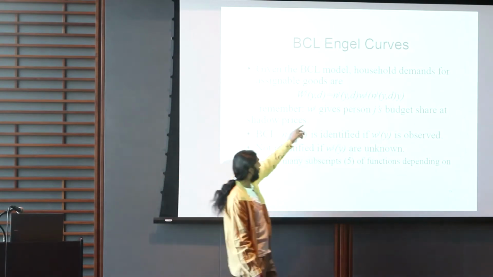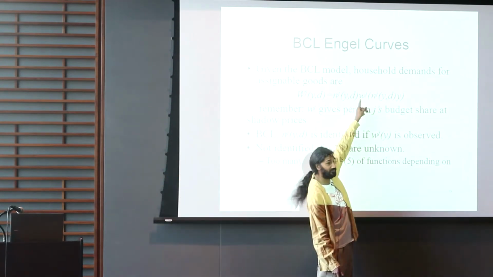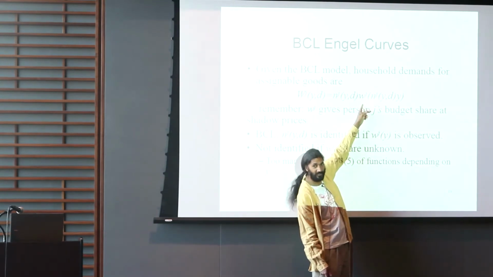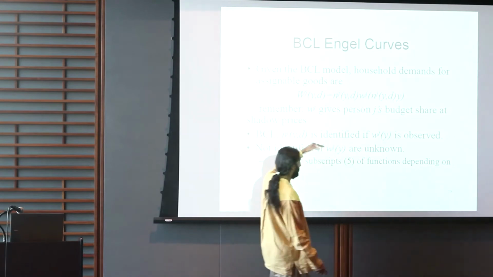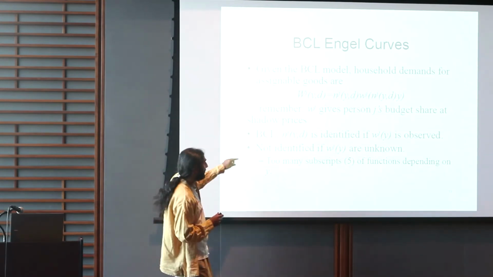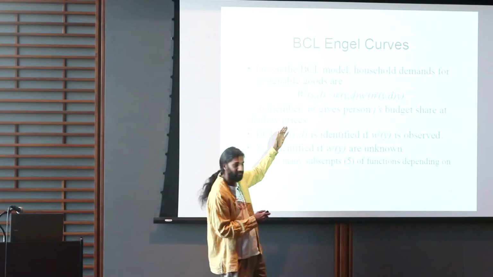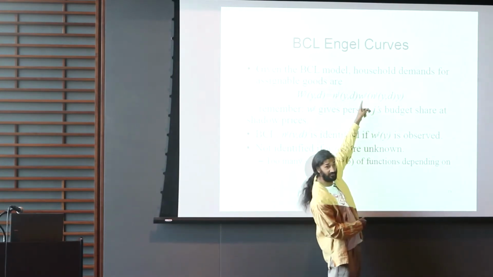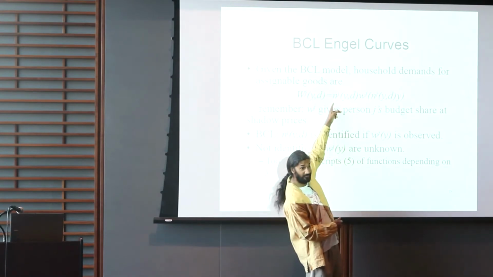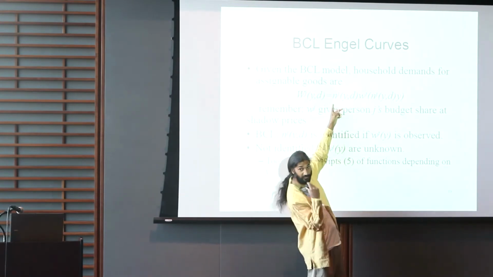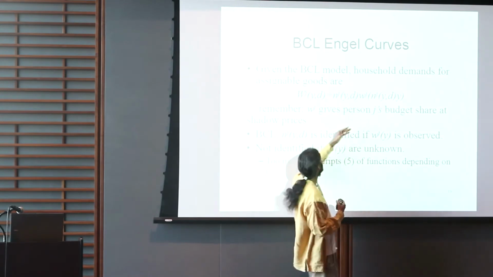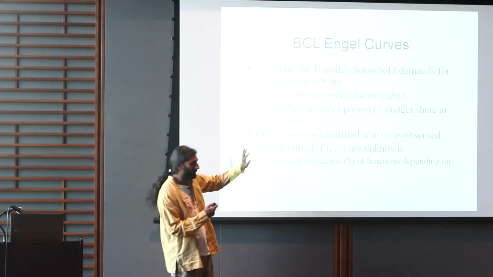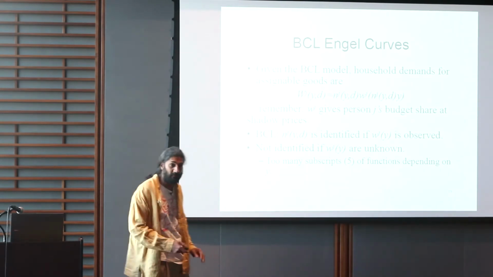So this thing is not observed if the lowercase wj's are not observed. And I just want to say exactly why. It's because there are too many subscripted functions here. There's 3 people in the household, so there are 3 of these functions, and then there are 2 of these functions because they sum to 1. There's only 2 free functions. So there's 5 functions. I only got these 3 things. So there's kind of too many subscripts, although I'm going to show you why you shouldn't be too worried about that.